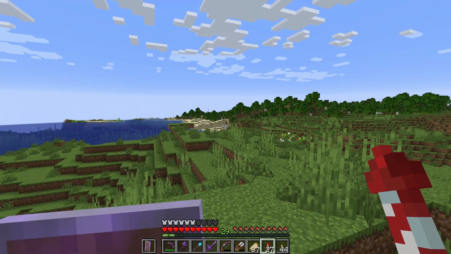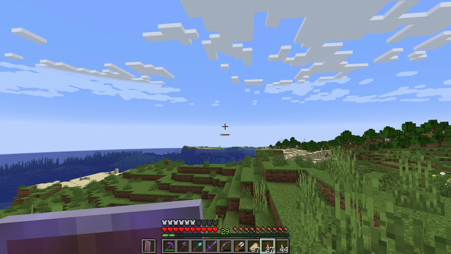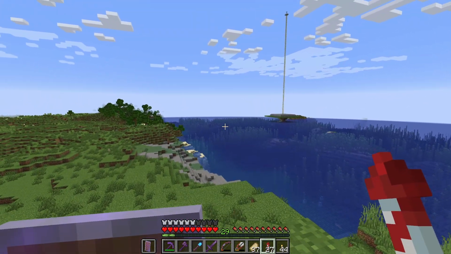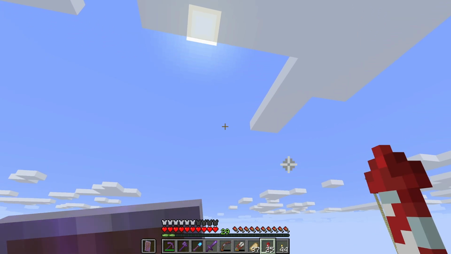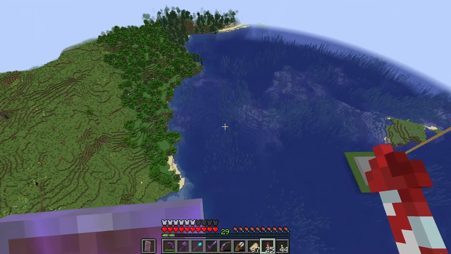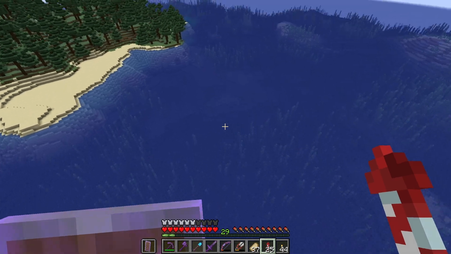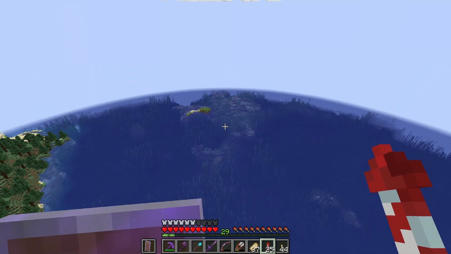Ancient cities, however, there are not a ton of. Somewhere over there, on the other side of the ice area, there's an ancient city, and then somewhere way over here, we gotta go a ways. There's also trial chambers near this ancient city, so maybe we just do them both that way, but I guess this area curves around, and then somewhere over here,